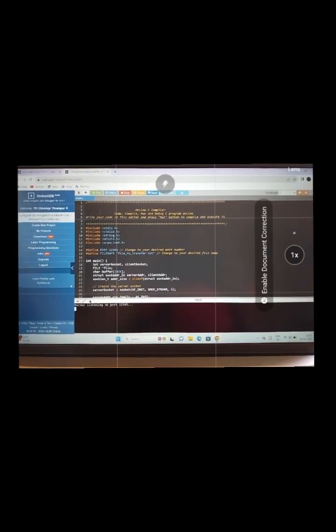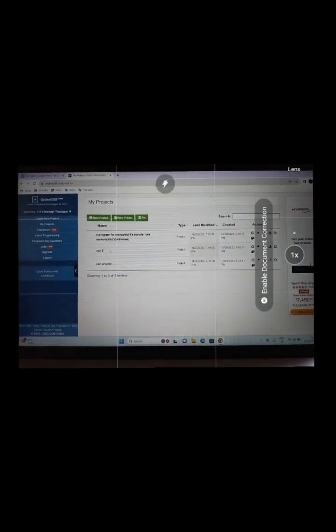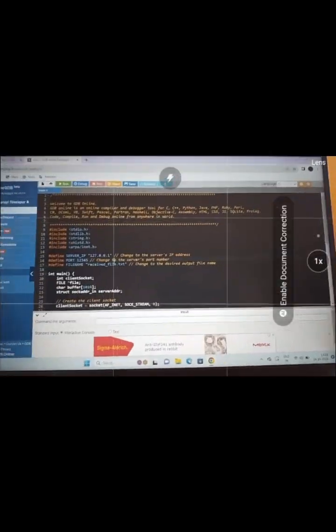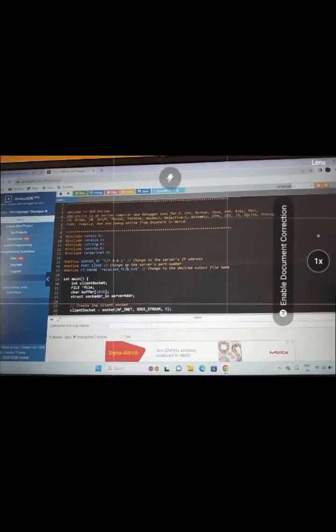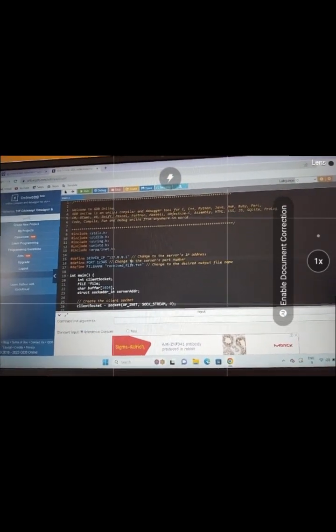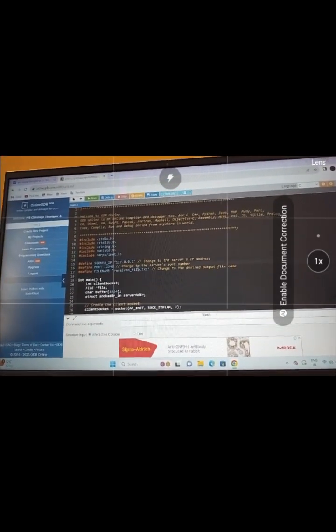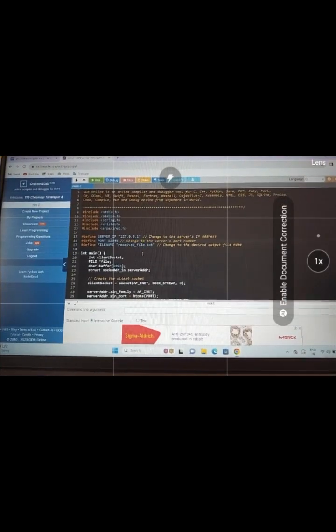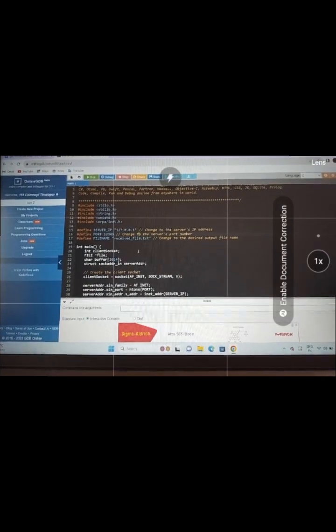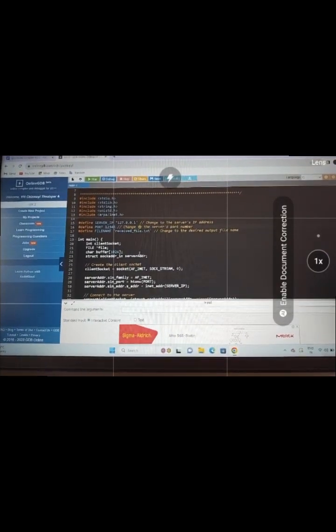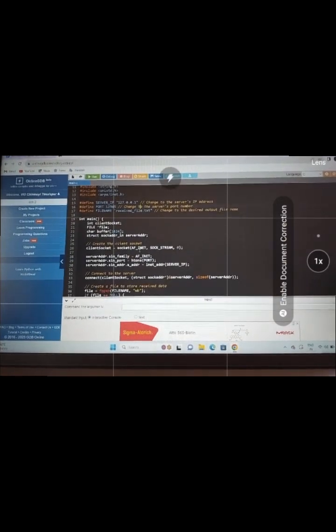Now coming to the next code, that is client code. We shall see the client code now. It is the client code which has been running in another file. So both are connected through the Ethernet, and it also includes some of the libraries similar to that of the server code, and it also has a special server IP address where the server and client have to be connected, and the main function is similar to that of the server,